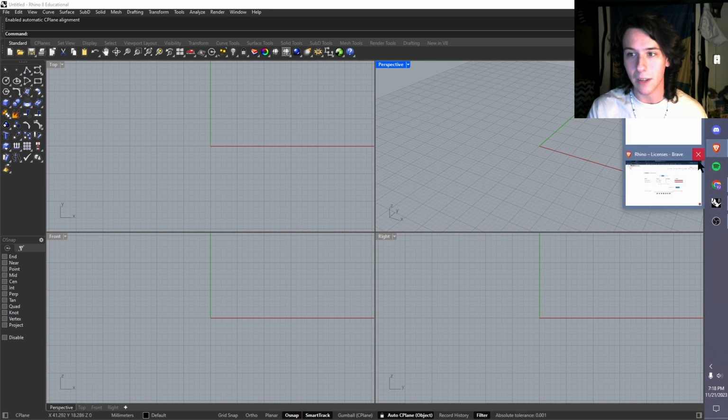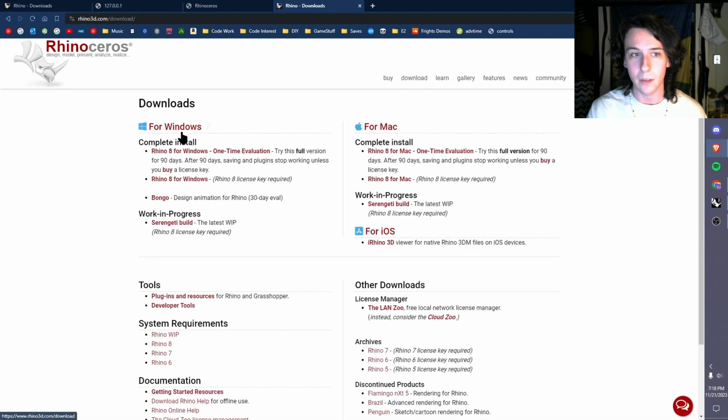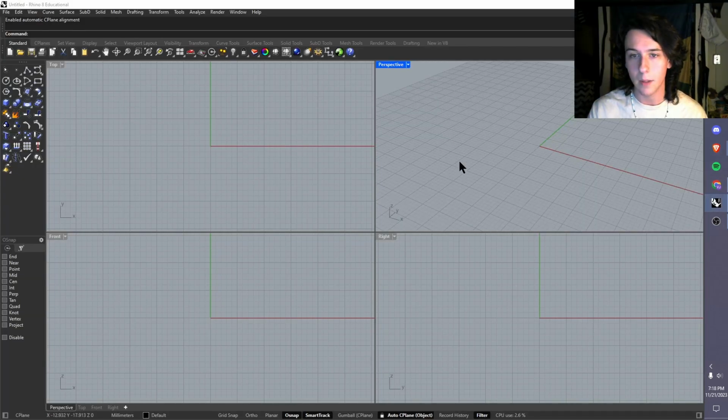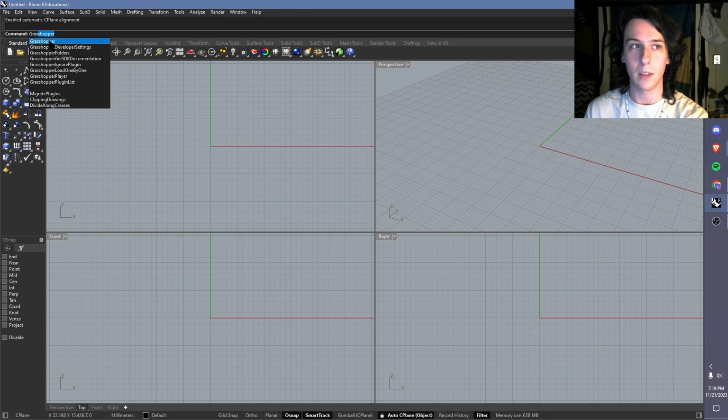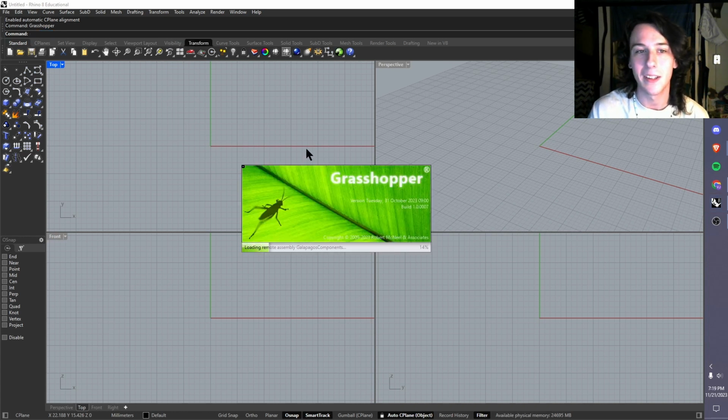If you need to download Rhino, you can come to the website rhino3d.com and download here, and there is a full version for 90 days. Pretty sweet free trial. But let's get right into it. It looks like there's a button for Grasshopper right here. I don't know if that's standard. You can also just type Grasshopper into this command line up here. That's about all we need from Rhino,